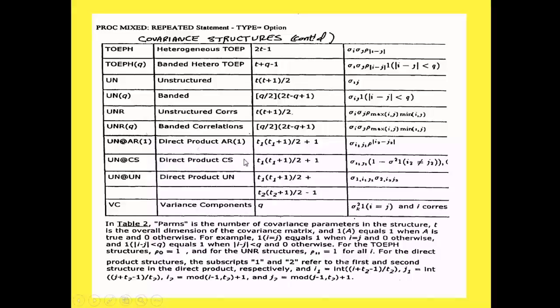And there's even something here. You see this thing called the direct product? Well, the direct product has a number of different choices you could use. The direct product is a way you can specify a correlation structure or covariance structure when you've got a complicated covariance structure situation. You remember when I talked about the